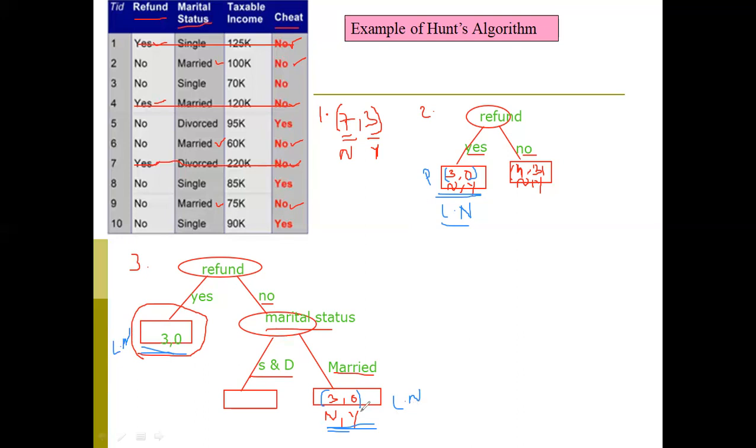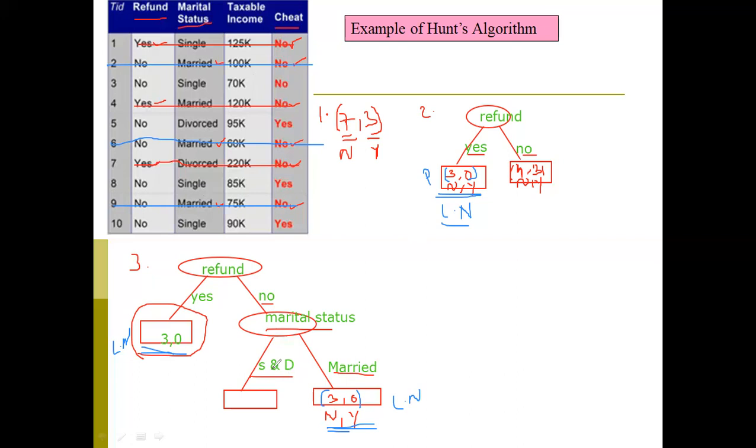And you may strike off these values from the table to reduce your confusion. How many records may you strike off? 3, 0, which means the married records. We can strike off those married records: 1 married, 2 married, and 3 married. Out of 7, here I have removed 3 records. So next we are going to check the single or divorced status.